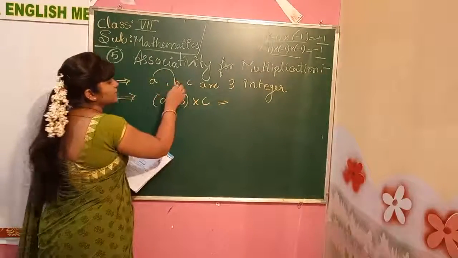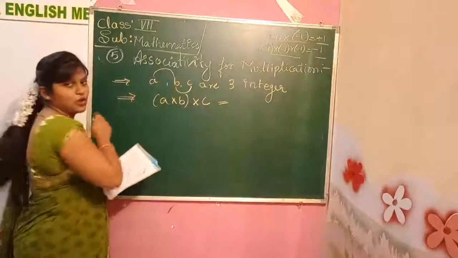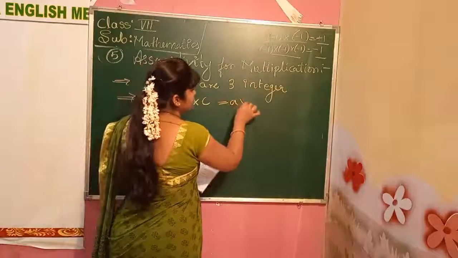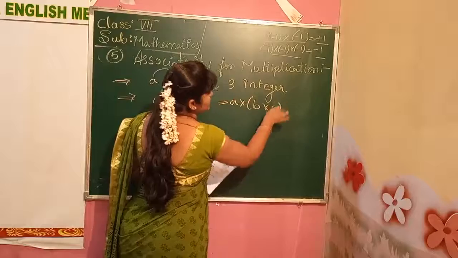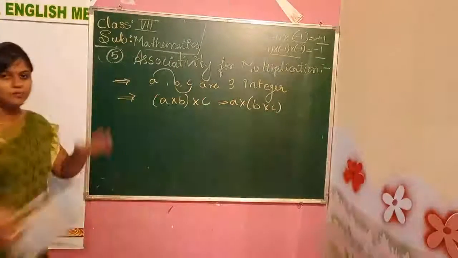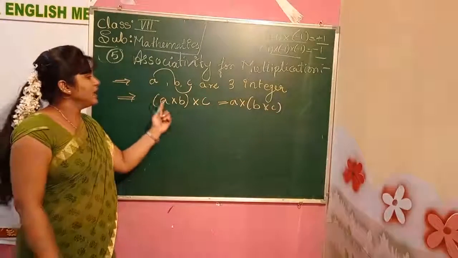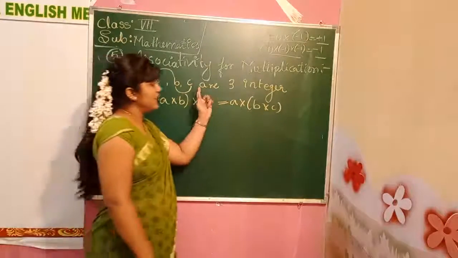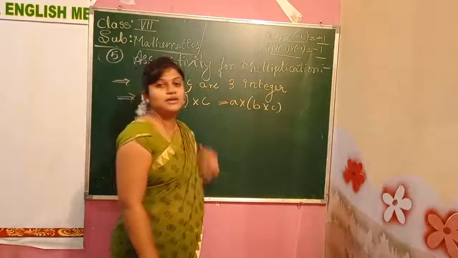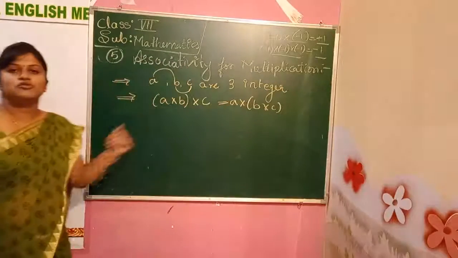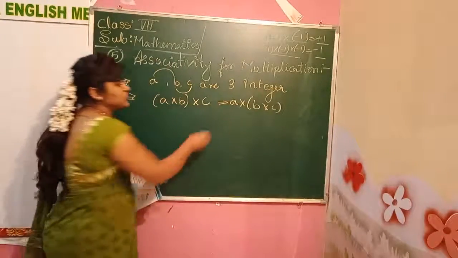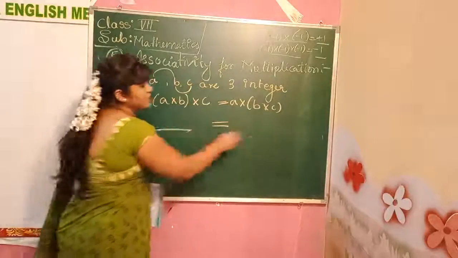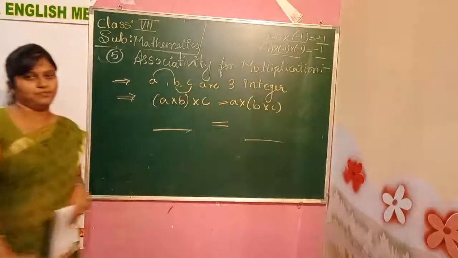I will make these 2 groups now. I will make it out. Okay. A into B into C. Here what I am doing? First, in the first format I did A and B group. C I did separate. The next way A I did separate. B and C I did group. Here what is the use of making this one? We can just check the answers. Here what we get, here also we get that only.